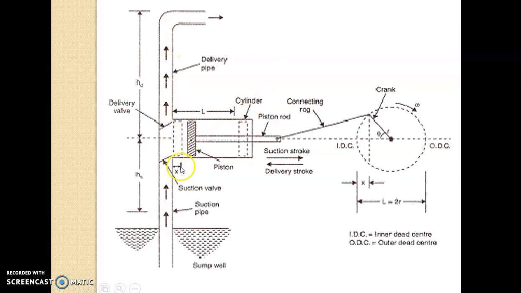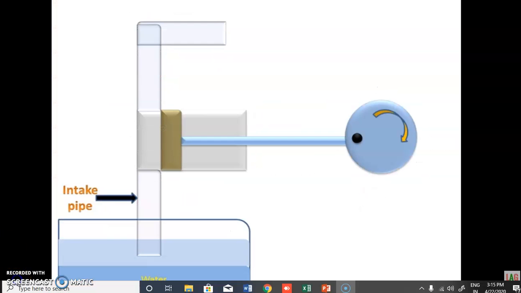So this is basically the construction and working of a single acting reciprocating pump. The problem in this kind of pump is that the flow is intermittent. We don't have any continuous flow in this kind of pump. We can see here once suction will take place and then delivery, then again suction and delivery. The flow is not continuous. So through an animation, we'll just try to understand this once again.